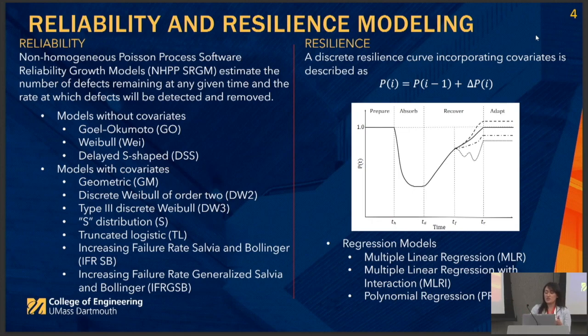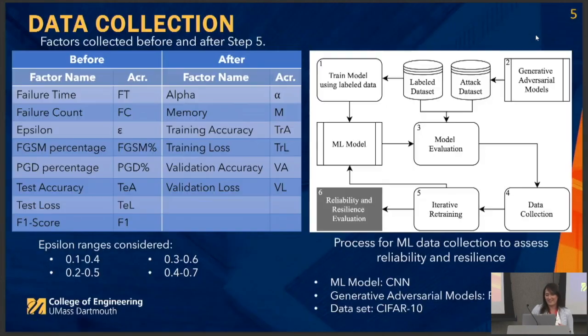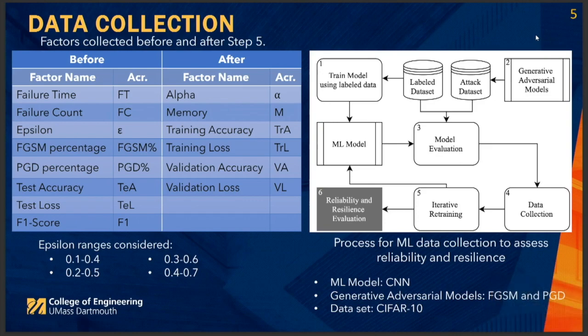For the resilience models, I considered three types. In resilience, we are trying to predict when the system is going to come back to a high level of performance after some sort of failure. And there are more models as well, and we hope to release an open source tool very soon about these ones as well. So for the data collection process, as I said, we consider a CNN model, and we start by pre-training this model with just real data, just clean data, no attacks at all.